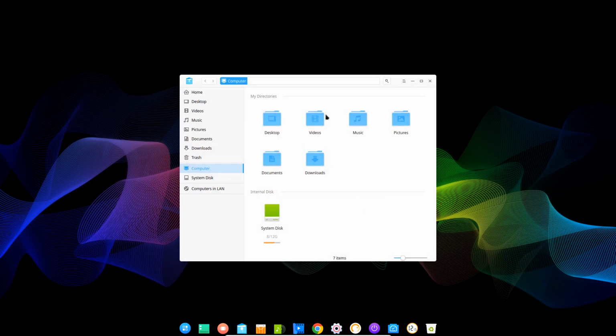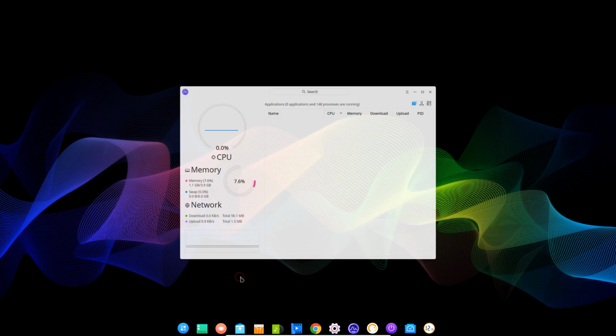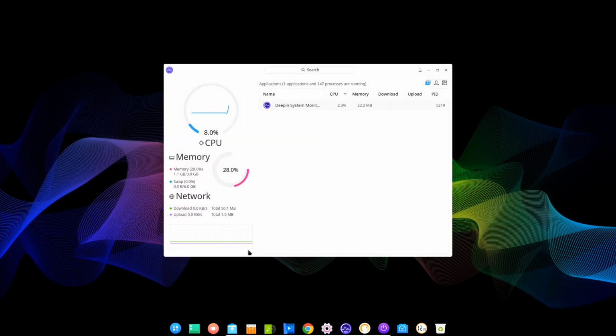Let's take a quick look at computer. Brings up the file manager again. Okay. Show desktop, trash, control center, multitasking, Deepin system monitor. Let's just take a quick look. We can see that right now, with only this open, we are using just over a gigabyte of RAM. Gigabyte, sorry. So Deepin's not the most svelte or trim